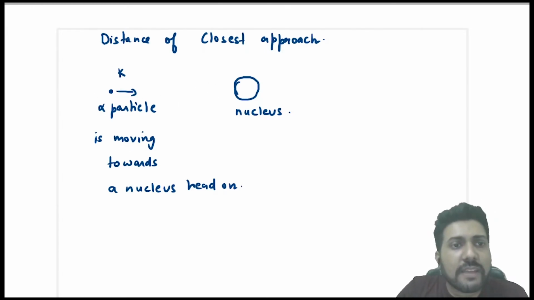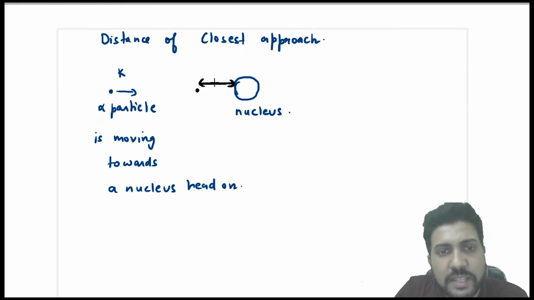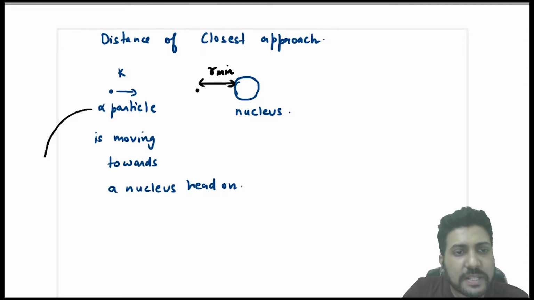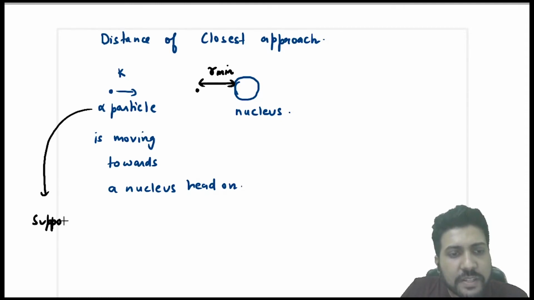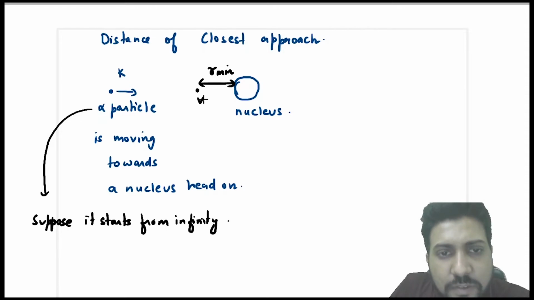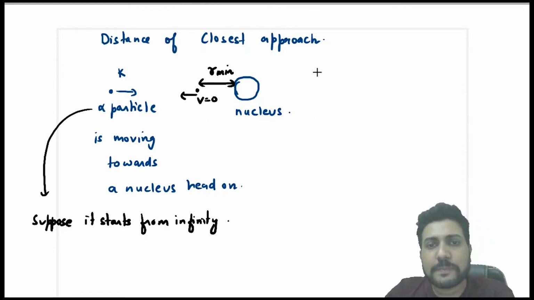So what they are asking you now is to find the minimum separation between the alpha particle and the nucleus. Suppose it starts from a very long distance, that is, from infinity. At the point of minimum separation the velocity will become 0, and after this the alpha particle will deviate by 180 degrees. Now, by conservation of mechanical energy,